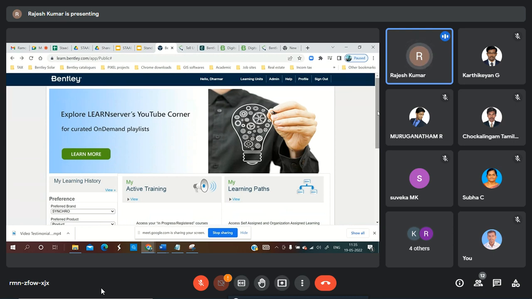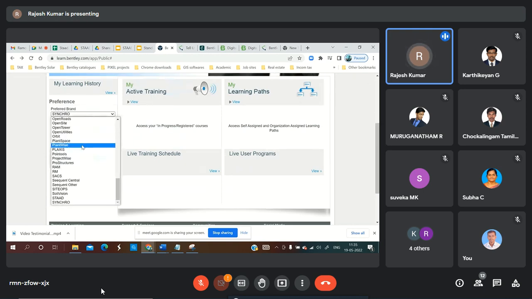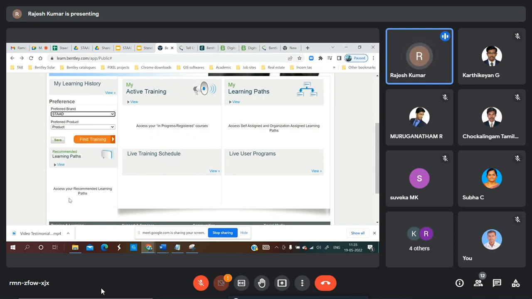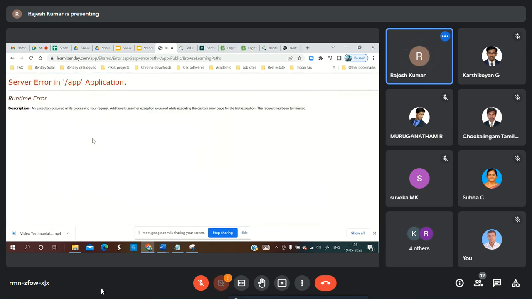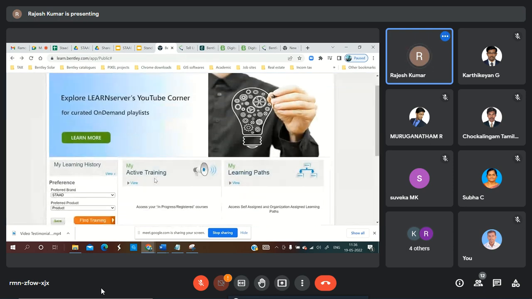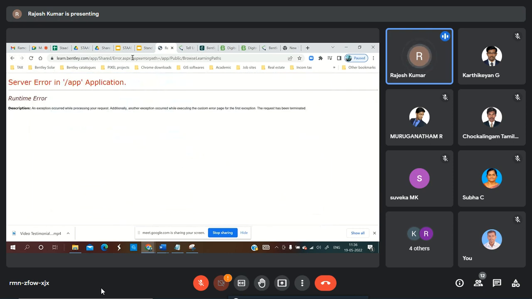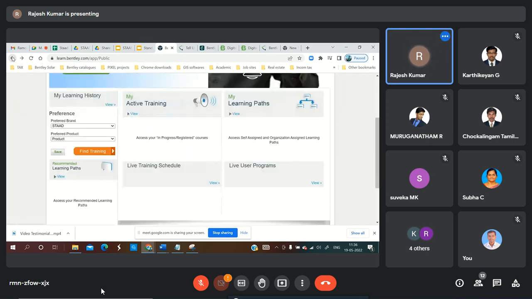Go to learn.bentley.com and then you sign in with your username and password. From here you choose whatever the brands. So if you are taking learning paths, learning courses, then for example, open buildings means BIM software, you have to click open buildings. If you are taking something on open roads, click open roads. STAAD means click STAAD and find a training. So for me it is not working here, but anyways, if I click something like that,